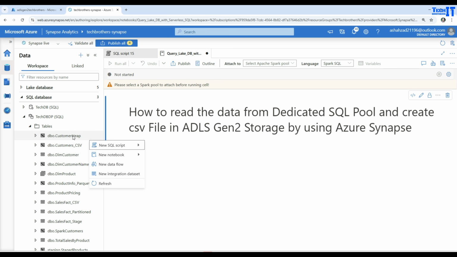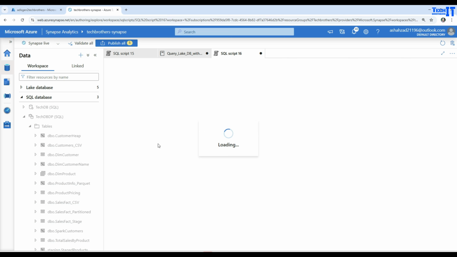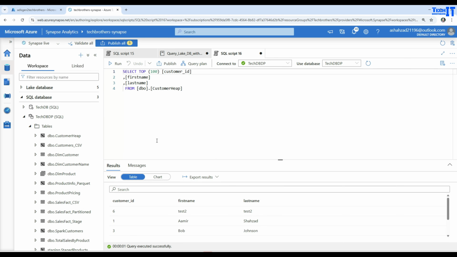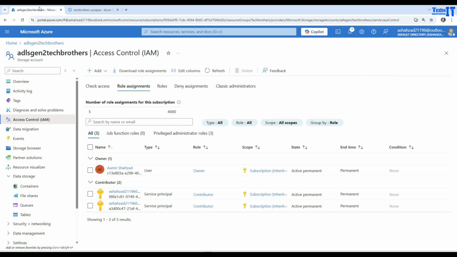I can actually create a CSV from any of these tables, but let's take a look at the very first table. This table has a few columns such as customer ID, first name, last name. And now we are all good. Our requirement is to read this data from this dedicated SQL pool table and then create a CSV in a different